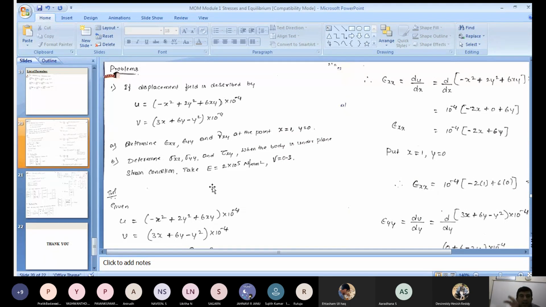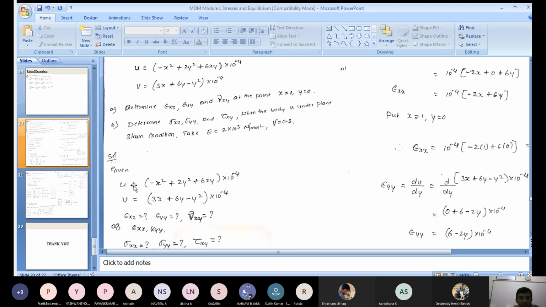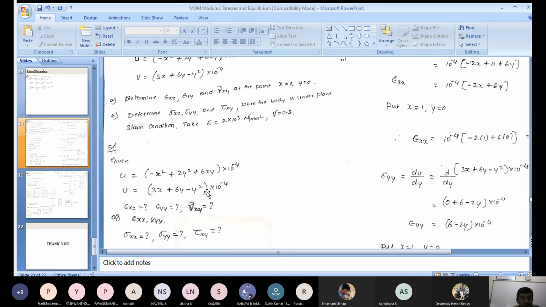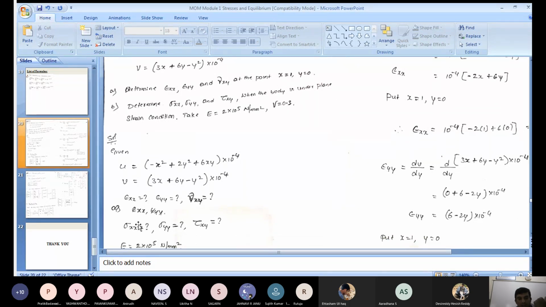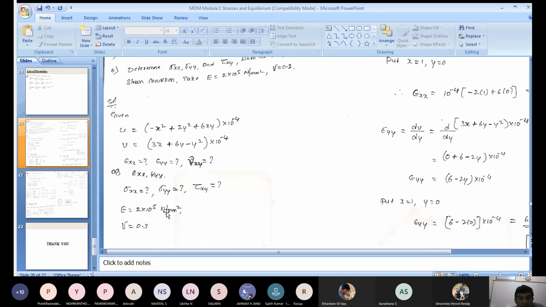Now write the problem. Then write the given data. What is the given data? Displacement in x axis, that is u value, is given. V value in terms of x and y is given. X and y coordinates are given. What are we going to determine? First, I want to determine the strain components. Now it comes under a two-dimensional problem, that is epsilon xx, epsilon yy, gamma xy. You have to determine them. After that, second, sigma xx, sigma yy, and tau xy. Now we see the Young's modulus is given in Newton per mm square. Now if we consider Newton per mm square, what is the displacement unit also?